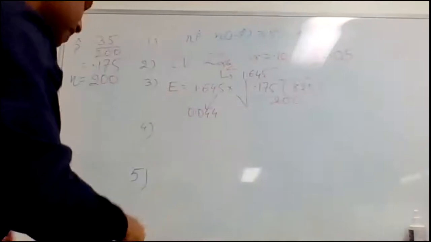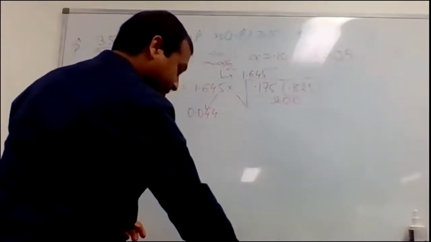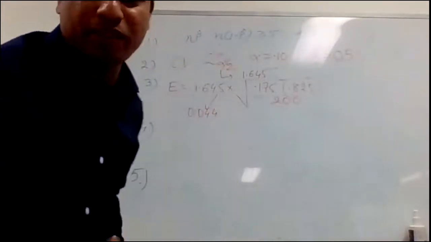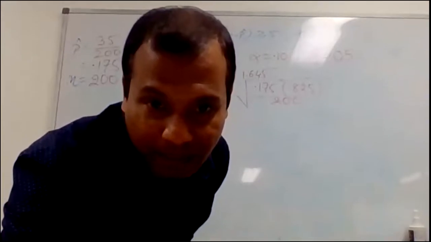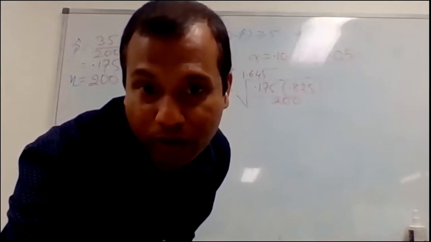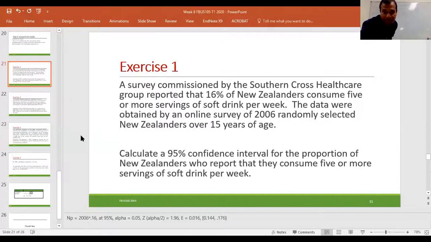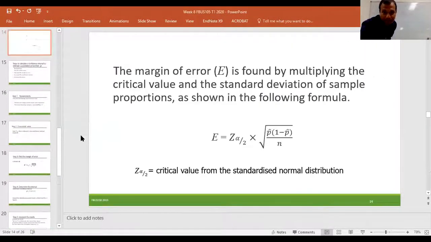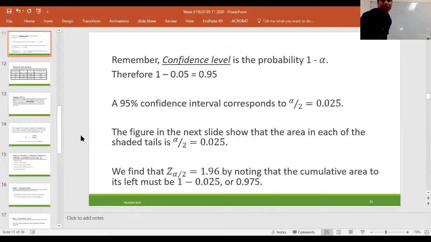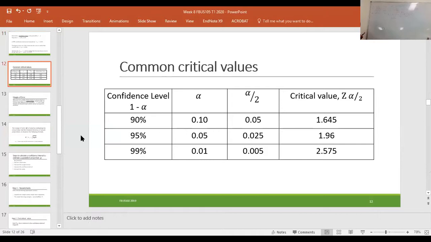So how do you get 1.645? You could have asked me that time itself, I erased it. Either you can use this table. Let me tell you both the things. If you look at this table, for 95%, what is the alpha by 2? 0.05. And what is the critical value? 1.645. From the table, it is clear?